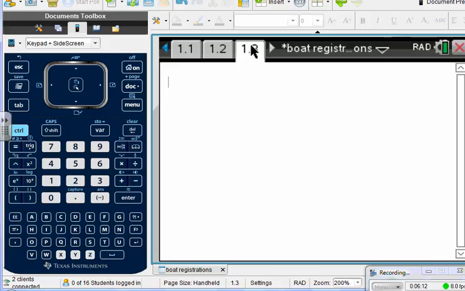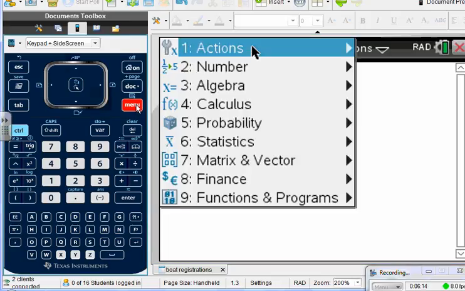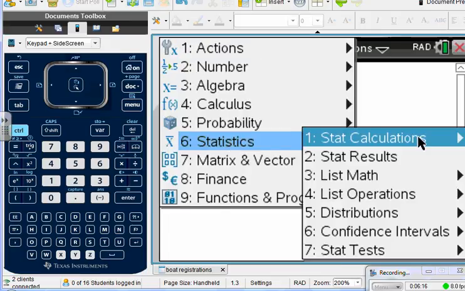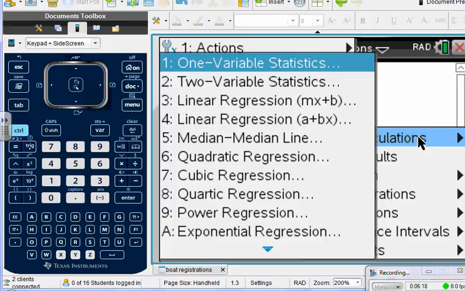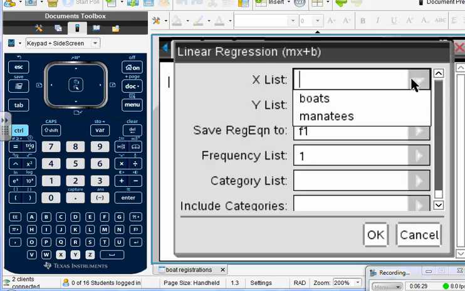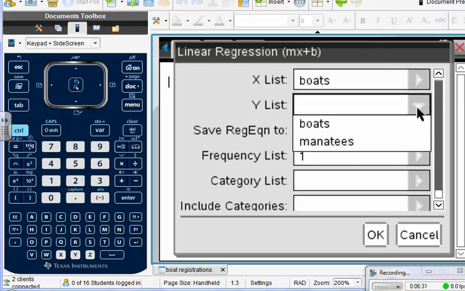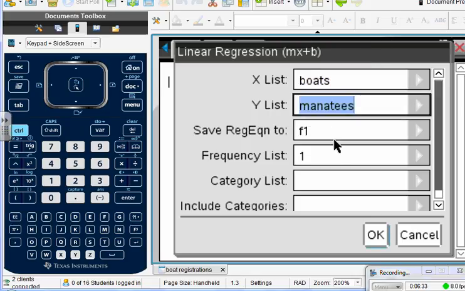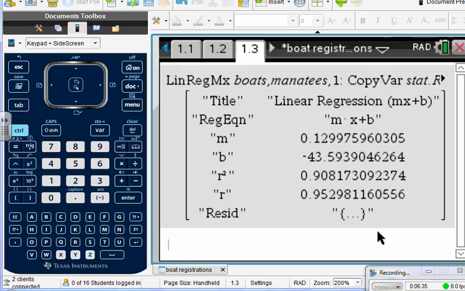All right, so you're going to open a calculator page and hit Menu, Statistics, Stat Calculations, and then you want one of the linear regressions. I don't care which one, pick whichever one floats your boat. Let's go with number 3 for today. And then we're going to tell it that the X's are boats and the Y's are manatees, and you're going to hit OK. And as you look down to the last number on the list, we have R equals